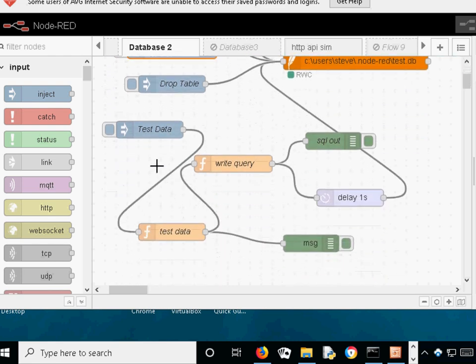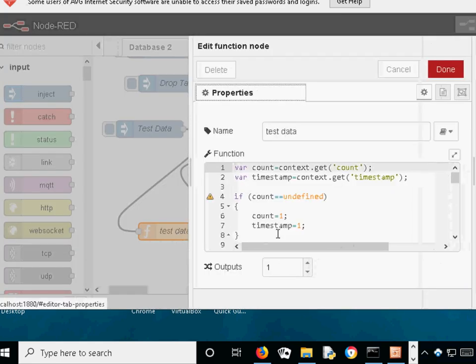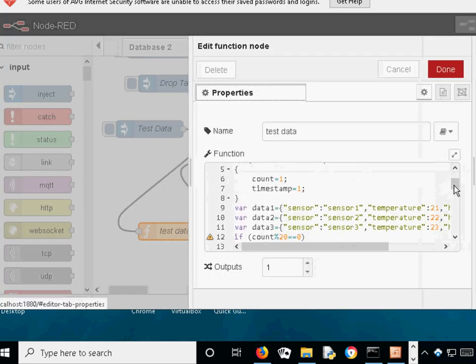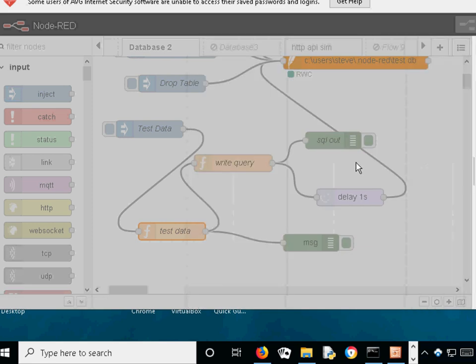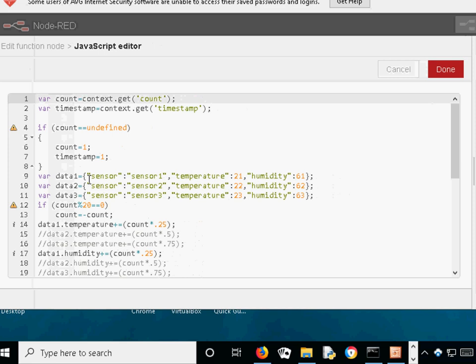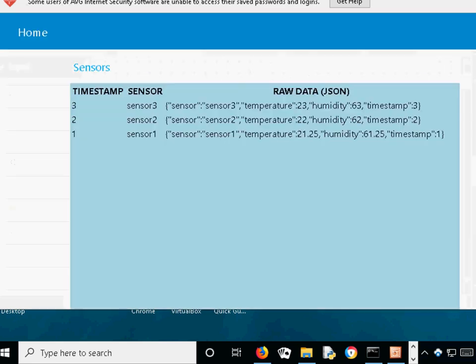And this is the main part of it here, where we inject our test data, and we have the test data function. Again, it's the same as the one I showed you in the previous video, except this time I've enabled, let's expand it, this time I've enabled it so it's actually sending data for 3 sensors, but otherwise it's identical to the previous video. So if I just inject some data here, and we take a look at it here,